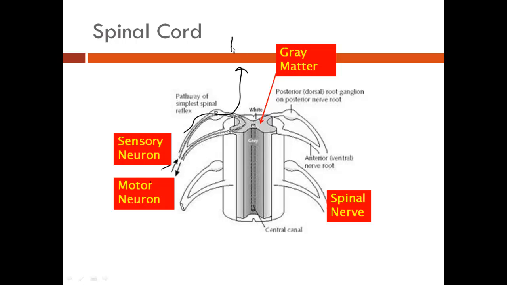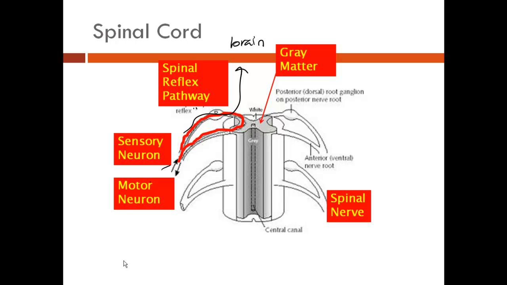But in normal situations, the sensory neurons coming from all of your body are going to go through your spinal cord and deliver the message to your brain. Here's what's happening. Your brain then is going to process that and figure out a way to respond and send that response to the motor neurons that can go out to your arms and your legs. And that's how things normally work in your central nervous system and how they communicate with every other part of your body. Now, if we're talking about a reflex, however,